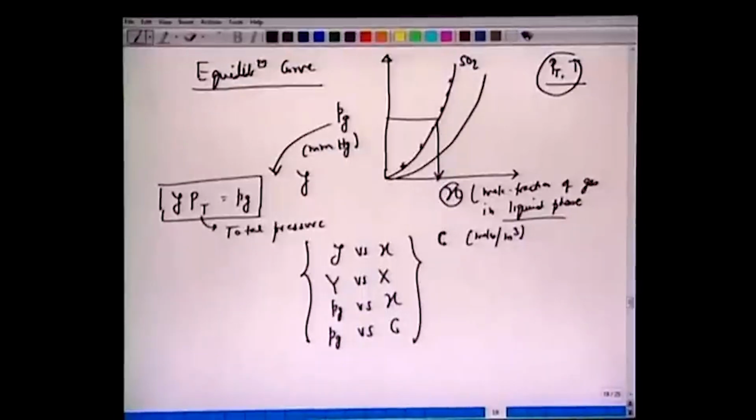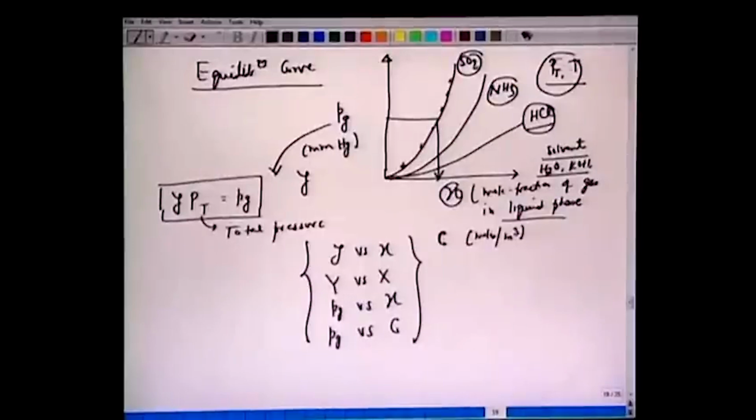Similarly, we will have a different curve for ammonia. Similarly, you can have a different curve for HCl. So, these are the diffusing species or transferring species, or the species which absorb in a certain solvent. The solvent may be water, maybe KOH, maybe H2SO4, etc. So, given pressure and given temperature, we have a system of solute versus solvent,